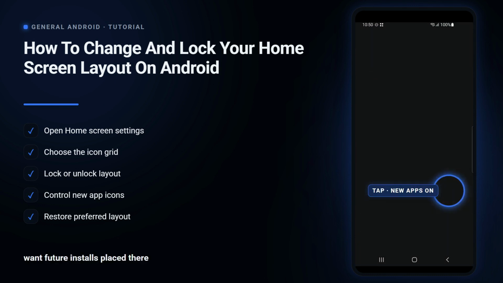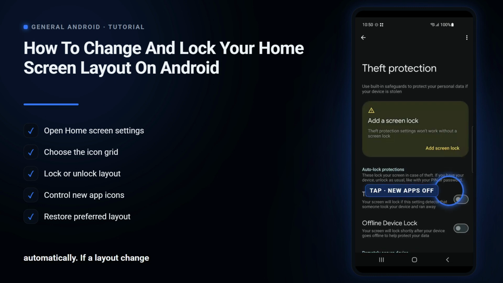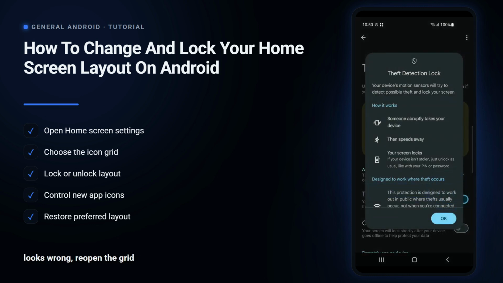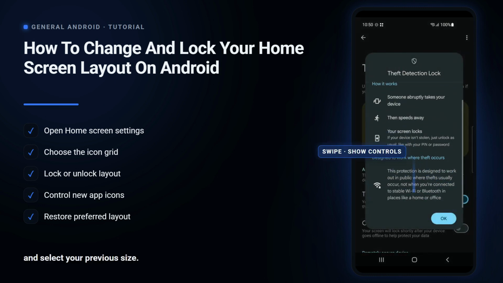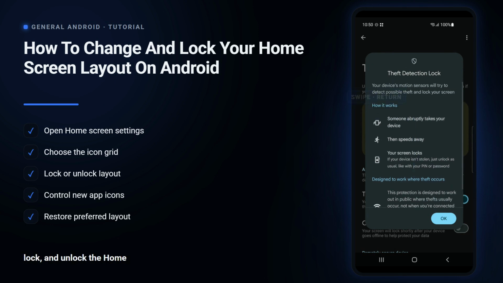Use Add New Apps to Home Screen only if you want future installs placed there automatically. If a layout change looks wrong, reopen the grid and select your previous size. That is how to change, lock, and unlock the home screen